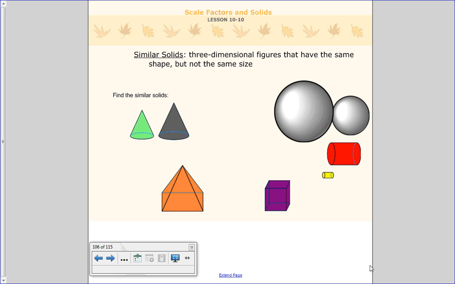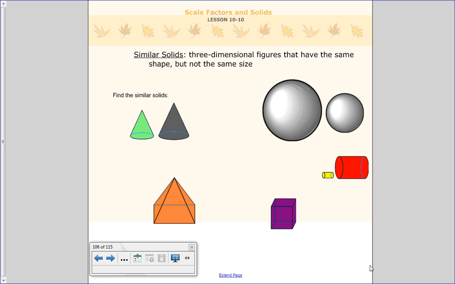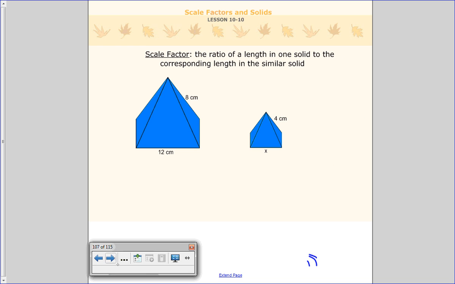I have a smaller and larger cone, a larger and smaller sphere, same for a larger and smaller cylinder, and so on. But then my cube and pyramid here don't have similar solids. So those two are kind of left out. But we can use them. When we have similar solids, we can use the scale factor, or the ratio of the length in one solid to the corresponding length in the similar solid. So you'll notice that we end up with ratios, and we can use those ratios, or factors,